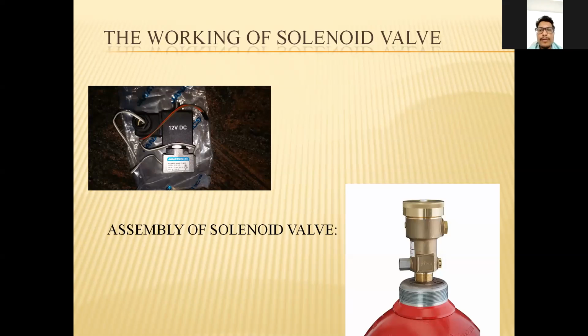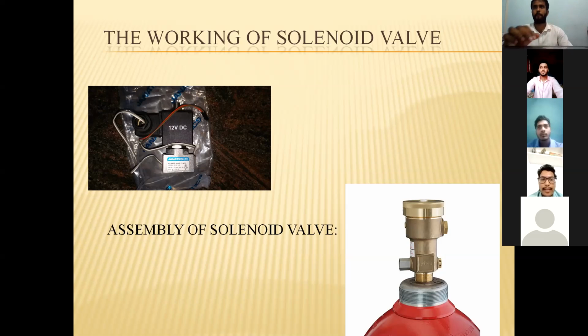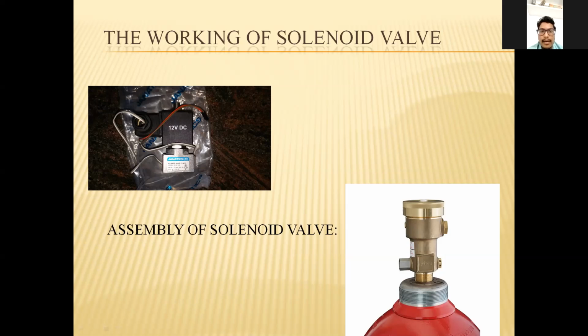The next is the working of the solenoid valve. The solenoid valve is used for regulating the flow of gas within the incubator. In this incubator, we are using a normally closed type solenoid valve, which is fitted on the head of the cylinder tank. In the solenoid valve, we have an armature, and the coil is placed over this, completely surrounding the armature. And when we start supplying the current, the coil gets energized, and